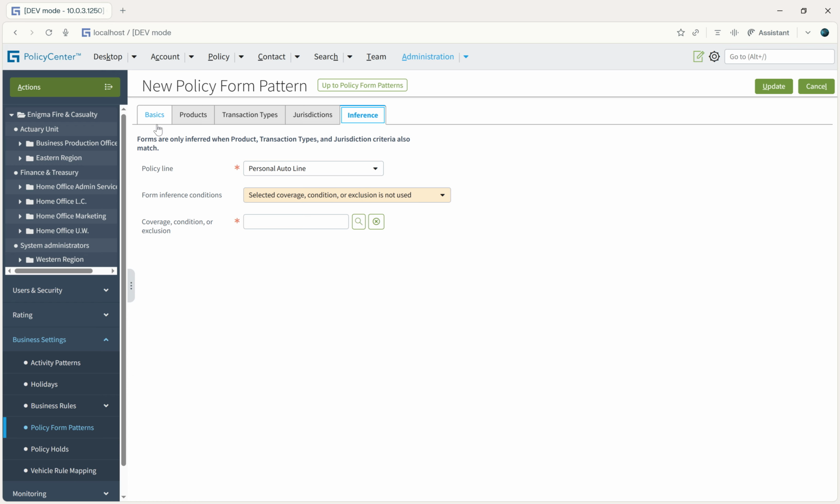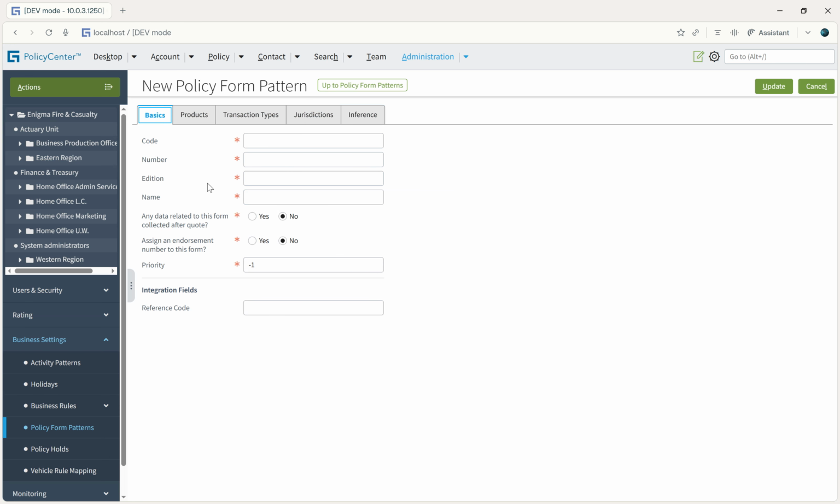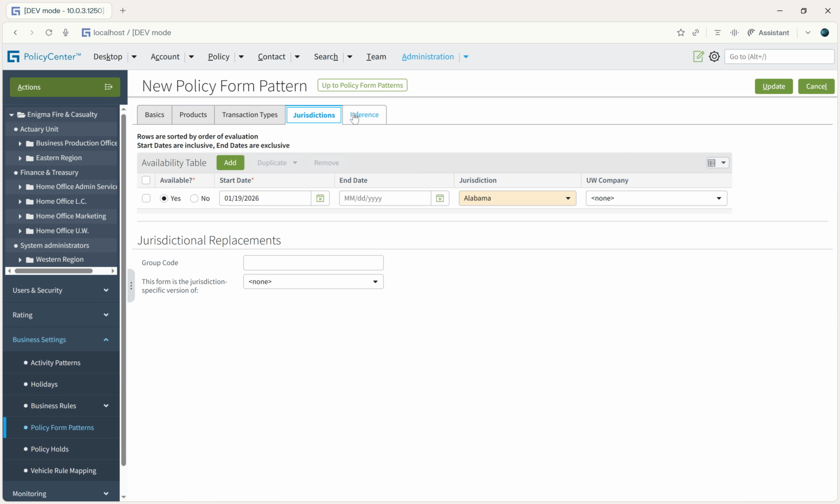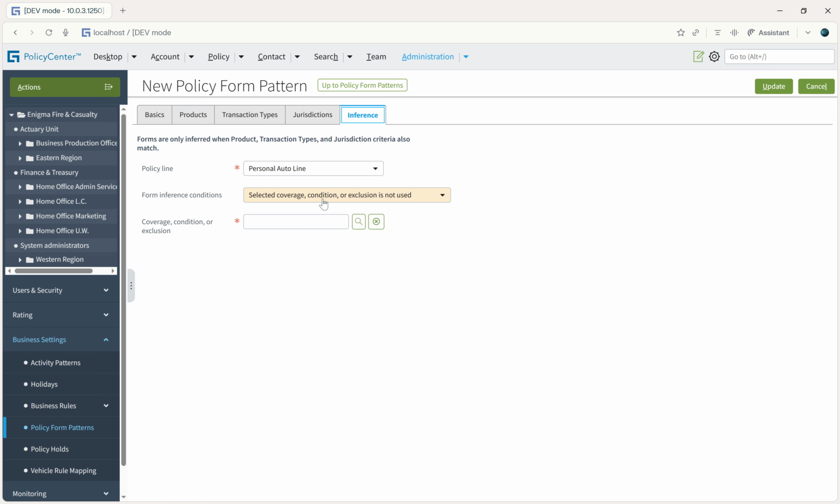So for this, first we have to create a policy form pattern over here with respect to our required details from the BA: basics, products, transaction types, jurisdiction, and inference. It depends on the things we will leave. As of now, we will leave them and click on update. Once it is done,